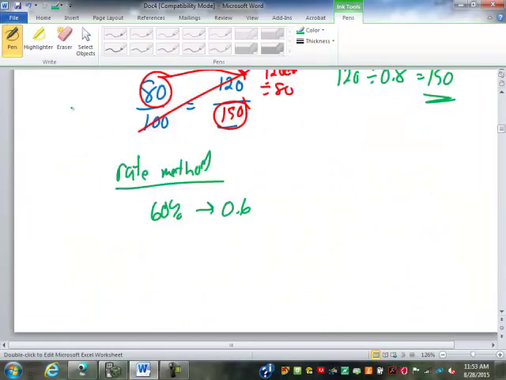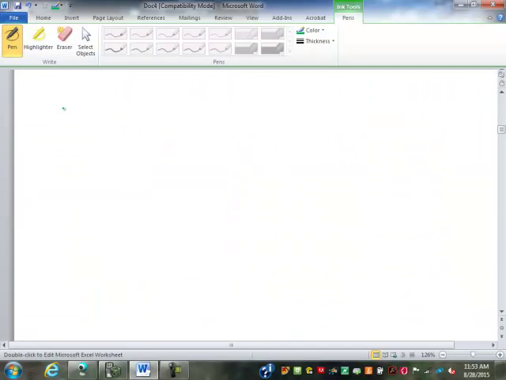The other reason why I like the proportion method is when we get into word problems and problem solving, things seem to fit into place more. For example,